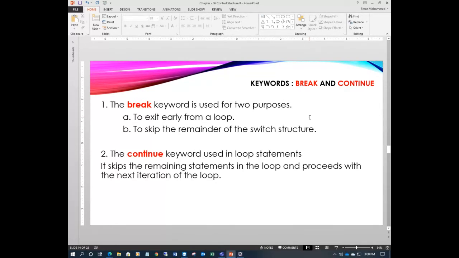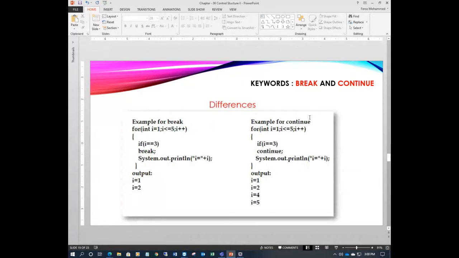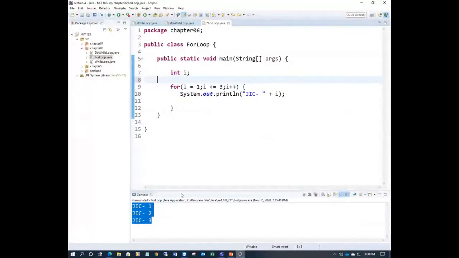Here we'll demonstrate with the help of simple examples, right? So let's go to a simple example using a for loop or while or do while. You can use any one of the loops. Here we demonstrate the differences between break and continue with the help of a for loop. We already have this program here.